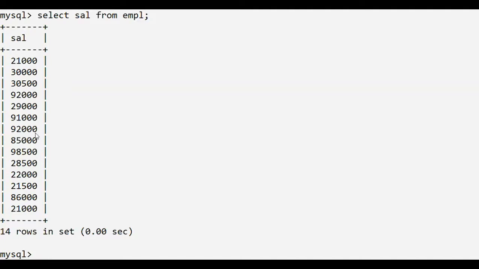If you want to eliminate duplicate data from the output, there is a keyword called distinct that we can use with the select command. So let's change the command. Select, before the name of the column salary, we write the keyword distinct.